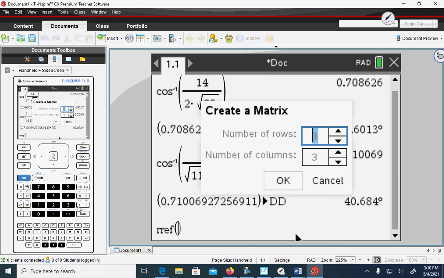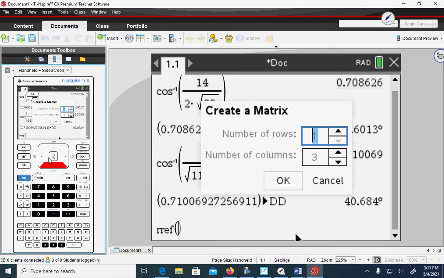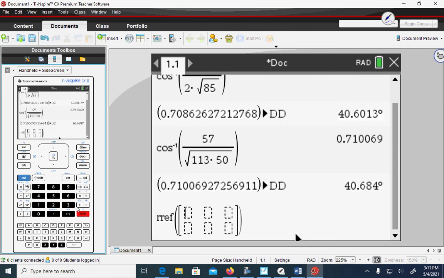I'm going to go to 3 by 3. And when I look at my matrix that I just created, I actually want 2 rows. Oopsie, I want 2 rows, 3 columns. I'm going to hit OK. And then I'm going to put in those coefficients that I have. So I have 3, tab, 4, and then 9. And then the next equation is going to be -4,